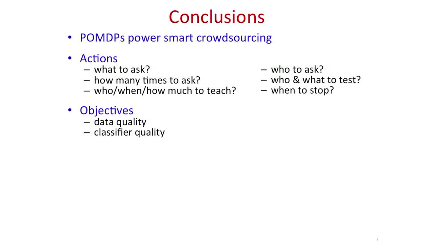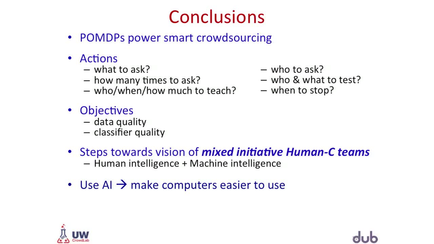And then the bigger point is that I think trying to use decision-theoretic control of crowdsourcing is our first steps towards coming up with these teams where computers and humans are working together, and computers are partly tools that the humans use. They're partly agents that are contributing on their own right, and they're also maybe trying to manage tasks as tasks get distributed between different people in the team.